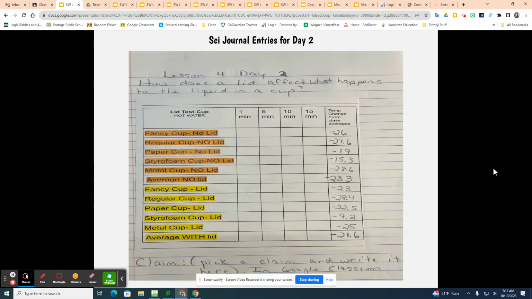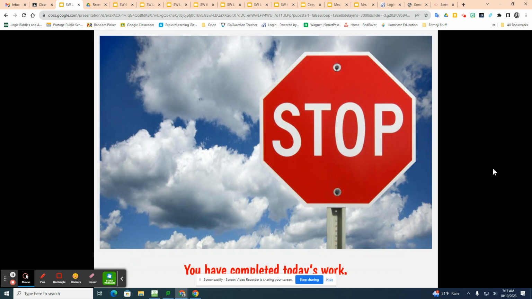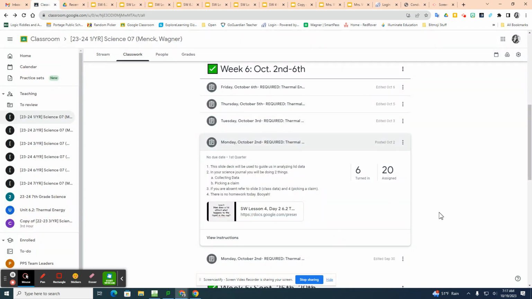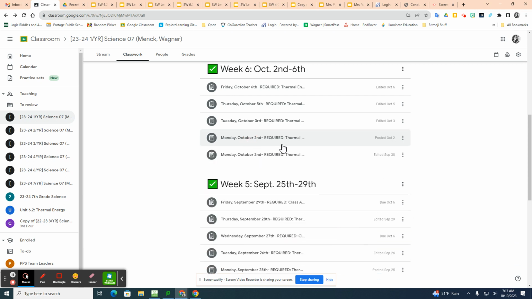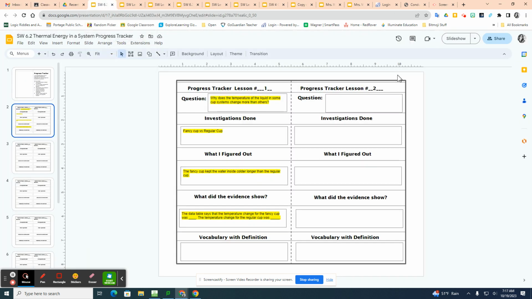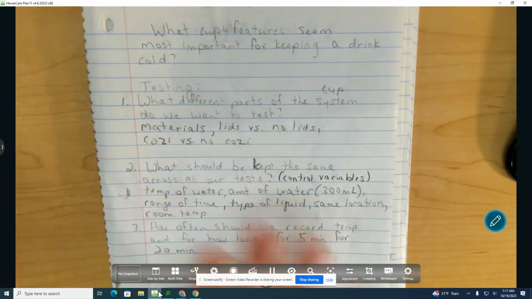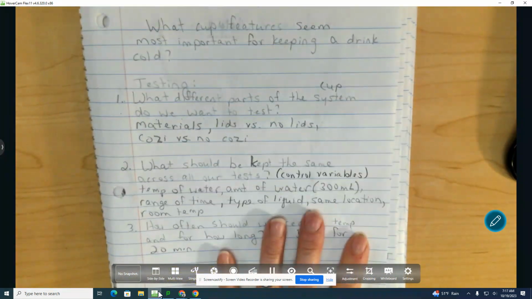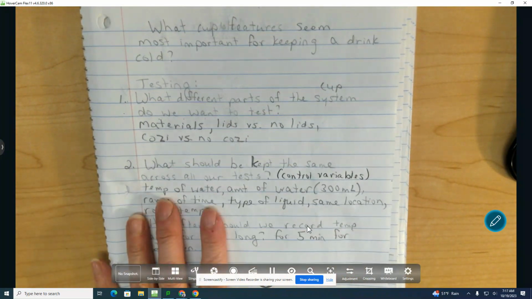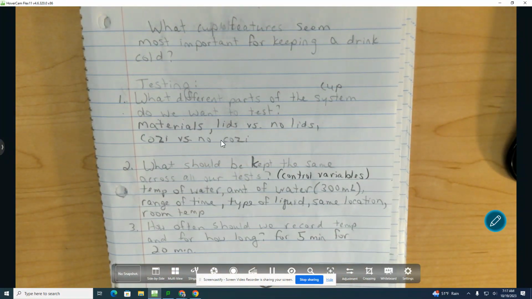Okay, that's the lid versus no lid. So there's a journal entry for that. Okay, and then on the following day, we did whiteboarding and we came up with our models. So there's information to help you there. All those lesson slide decks can help you fill out your progress tracker for each of those lessons. But the most helpful thing will be if you've kept up with your journal and you have those pages. It's going to be real quick just to flip through, get our conclusions, get the data to support those conclusions,